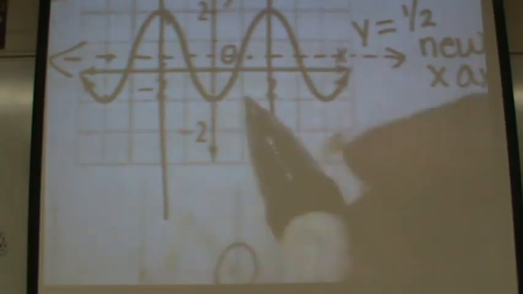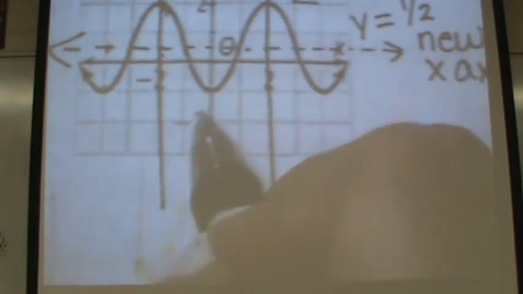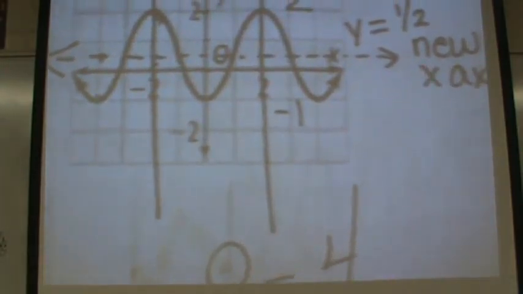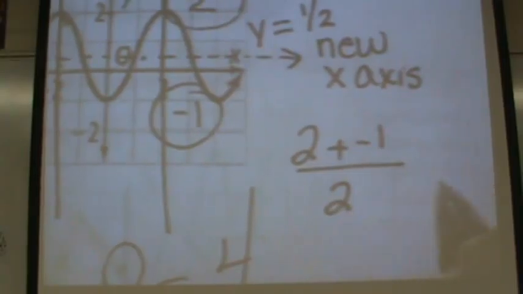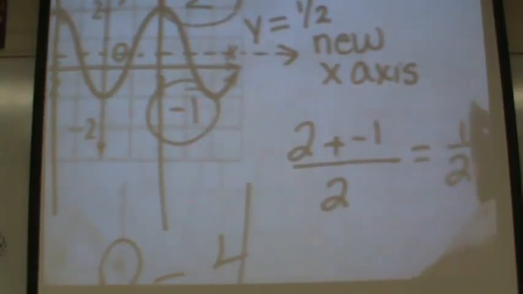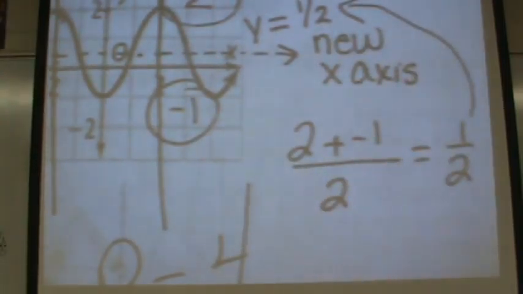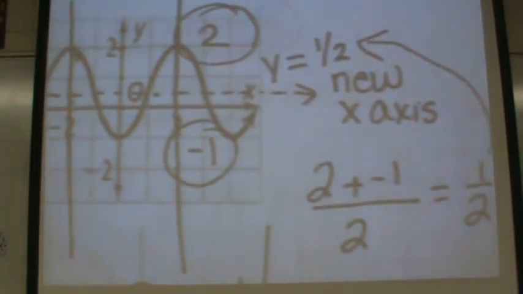If you want to find the middle, which is the average, your highest number is 2 and your lowest is -1. What's 2 plus -1, divided by 2? You get 1/2. That's how you find the midline. If you flip to the next page,